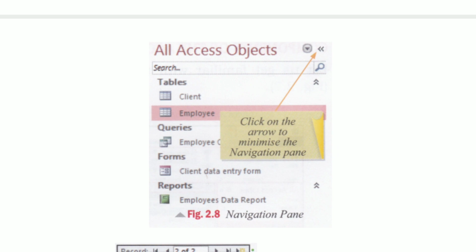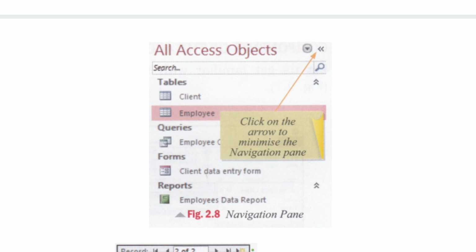The navigation pane displays the name of all the objects in the database. It enables you to view and manage database objects such as tables, queries, reports, and forms. The objects are grouped on the basis of their types.